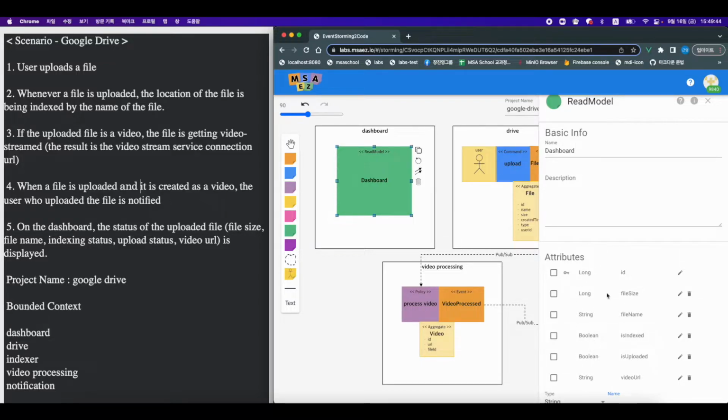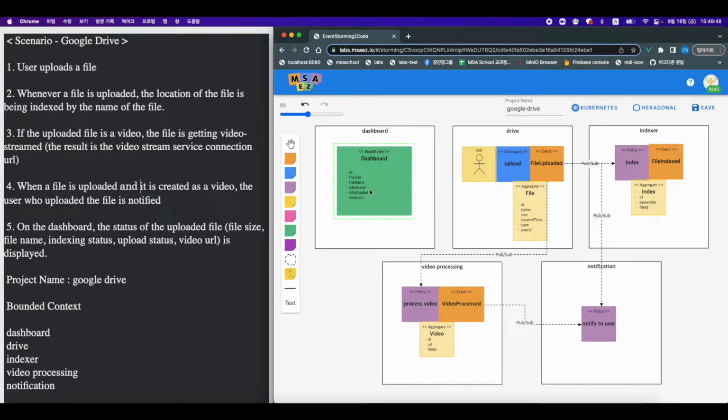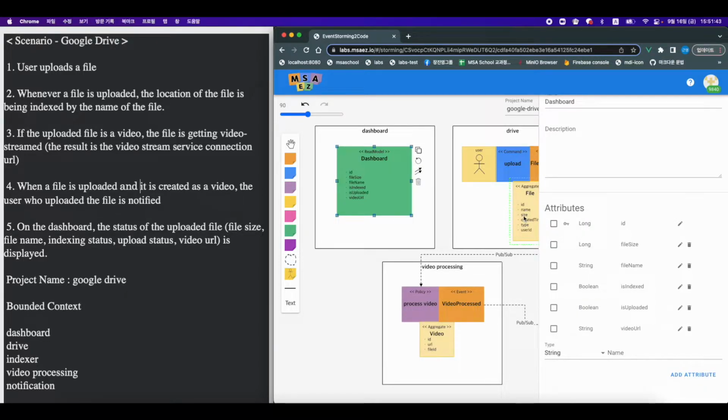I think these 6 properties would be great for this dashboard. And this file size equals the size of the file here, and file name also the name from the file. This URL comes from the video. I named this because